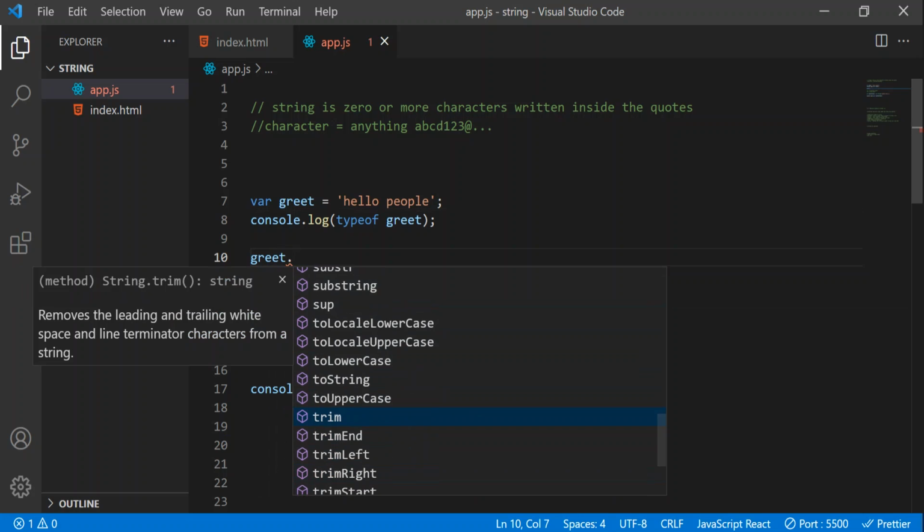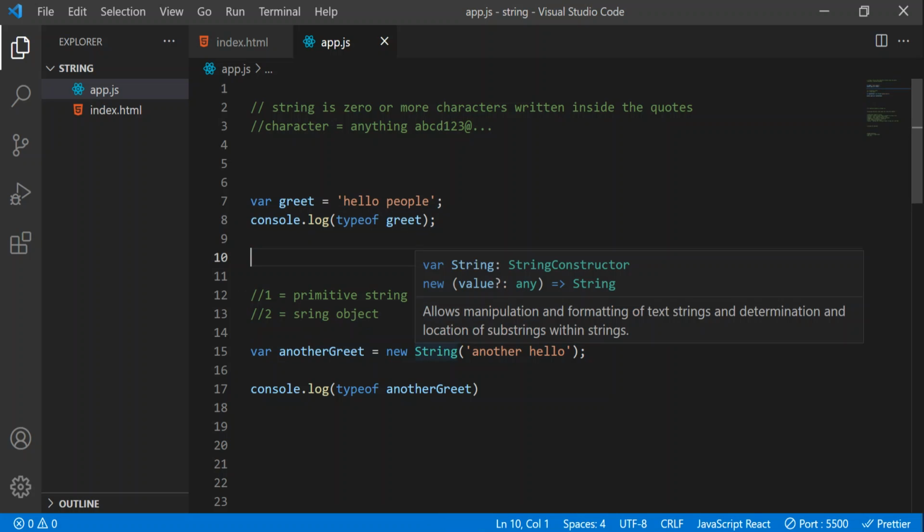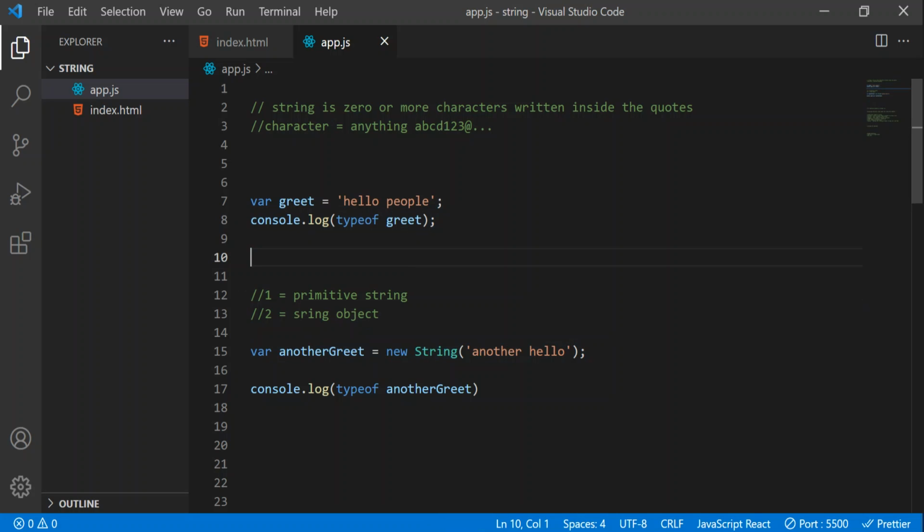So friends, what is happening? The reason is that in JavaScript, internally JavaScript wraps this primitive string into the String object so that we can get all the methods that are available to the object. Okay, we can use this just like an object. So that's why we are getting all the methods for this greet variable also. It just wraps this primitive data type with a String object so that we get all the methods. Internally that's happening, we can't see that, but we can work with it. Okay, now we have understood the types of strings, string primitive and string object.